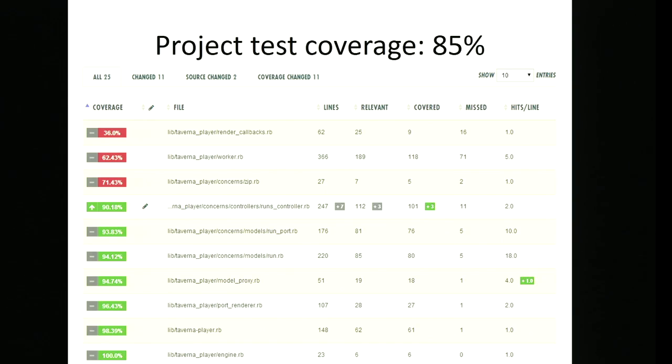Anything over 80% is probably pretty good. And certainly if you're on a stretched timeline, you probably wouldn't necessarily want to spend too much time worrying about code which is 85% covered. But then that's at the project level. If you look at the